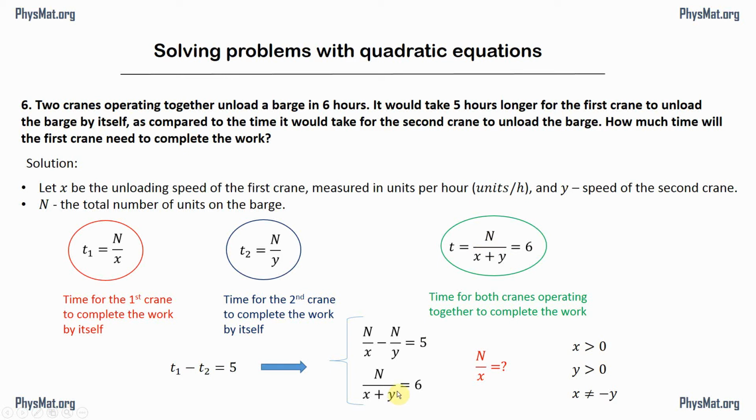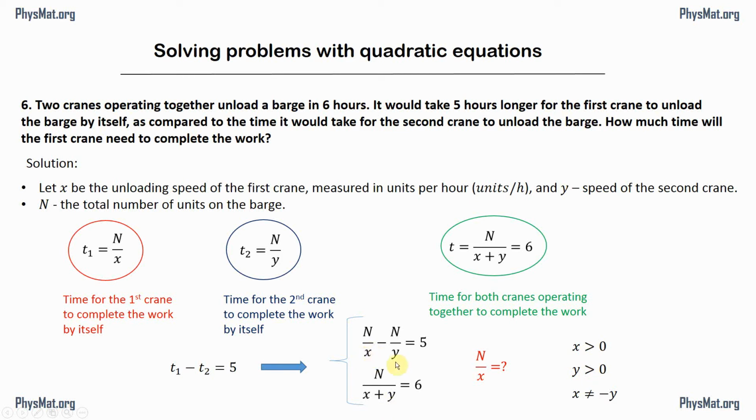So we get two equations and three unknowns. However, in this case, we don't need to find all the variables. What we are interested in is the ratio of n divided by x. Therefore, we can do some simplifications and reduce the number of variables to 2, as we will do on the next page. But first we need to remember that from physical meaning both x and y should be positive,